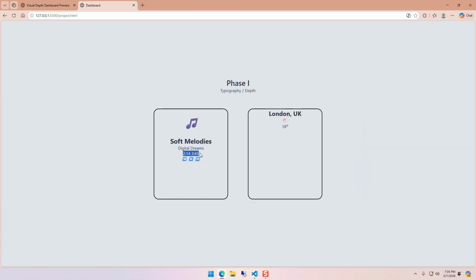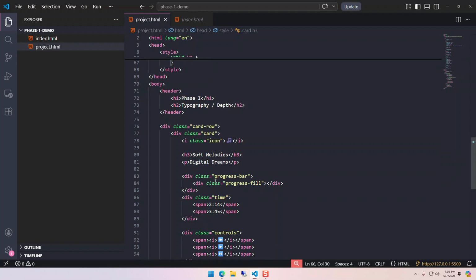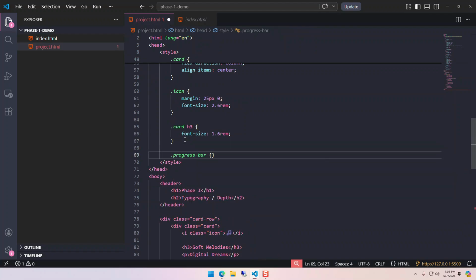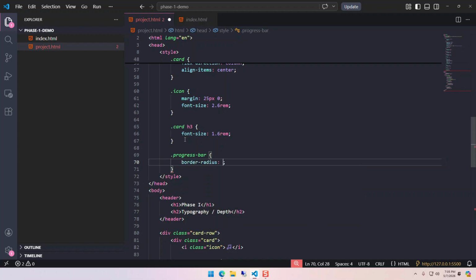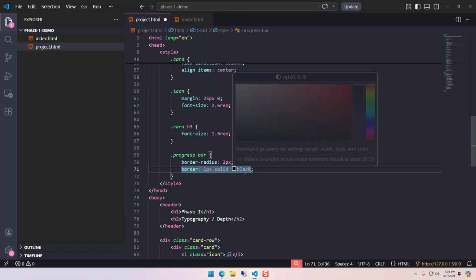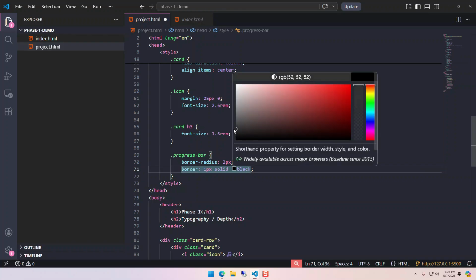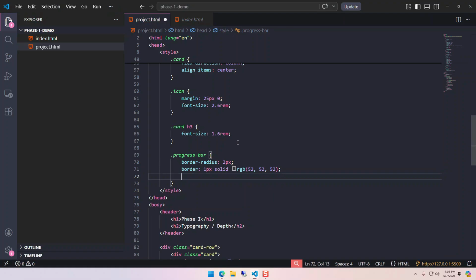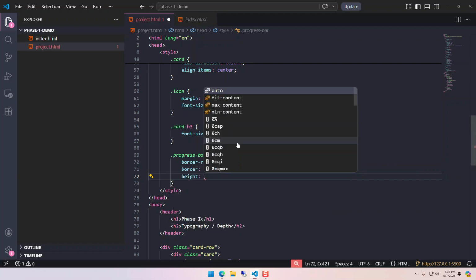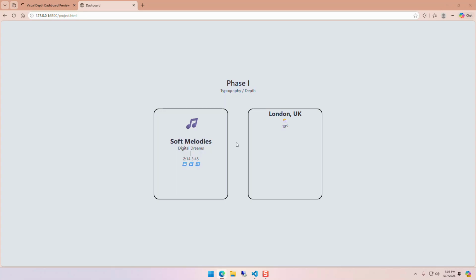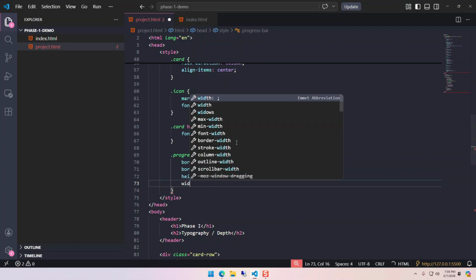Next, we have these two timelines. For those, I'm going to use, oh, we have progress bar first. So let's do that too. For the progress bar, I'm going to give it a border radius of 2 pixel, a border of 1 pixel solid black, and we're going to give it some gray color, not precisely black, so it looks better. We also need to give it a height. So I'm going to give it a height of 5 pixel, not 5 pixel, maybe 20 pixel. Now this is too much, let's say 10 pixel. I guess that's okay. Let's do width 100%,